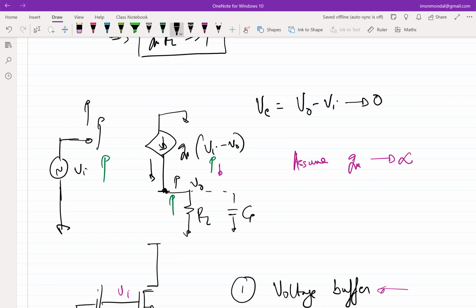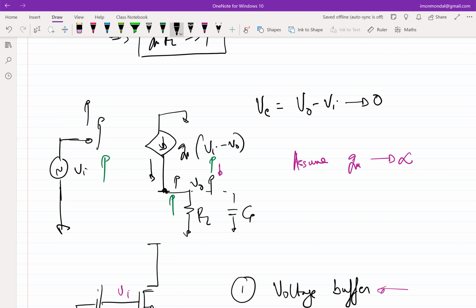Let's assume that GM tends to infinity and V naught is not equal to VI, right? So if V naught is less than VI, then if GM tends to infinity, you are trying to push in infinite current. When you are pushing in a very large current, what are you trying to do? You are trying to increase V naught,